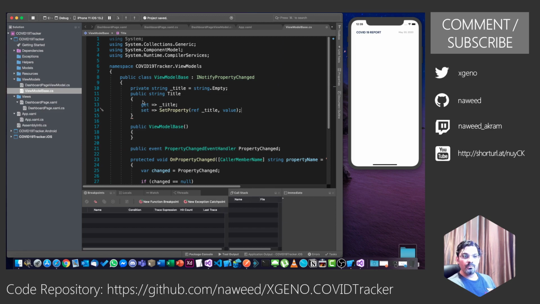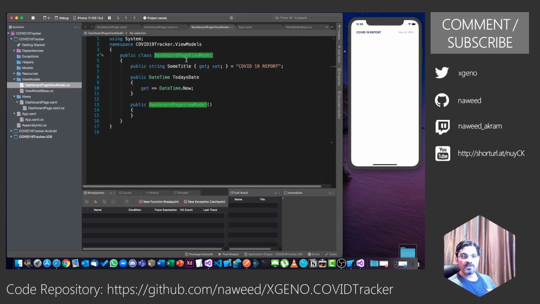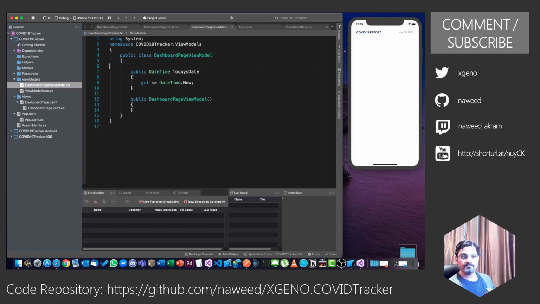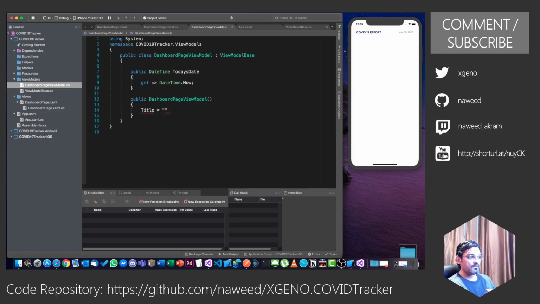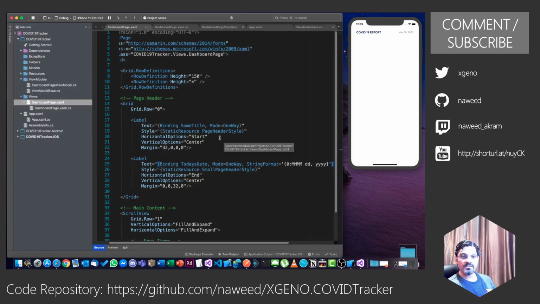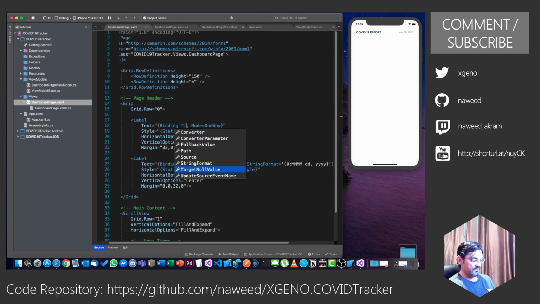So with this being defined, if I go back to my dashboard page view model, I can get rid of this thing. I can base it on ViewModelBase, and in my constructor I can simply say Title equals COVID-19 report. In my XAML page I can just refer to this as Title.